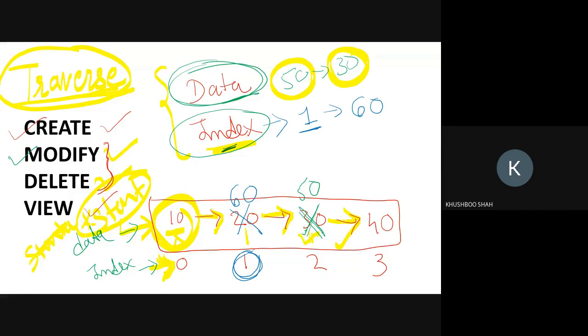Don't worry, I'll explain it with the example. This is just a concept. But understand this concept, that when we talk about the operations, particularly modification, data, index and all the things.